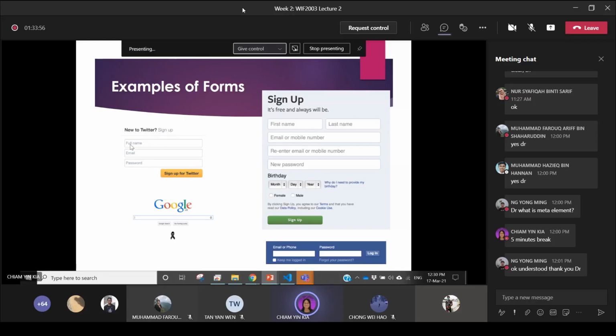In the sign up form, you have to enter the full name. This is a text input box. This is another text input box for us to enter email. Another one to enter password. When you click this, if you see this in the form, for us to submit the form